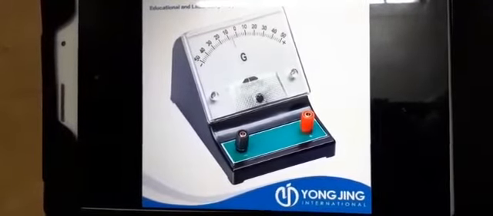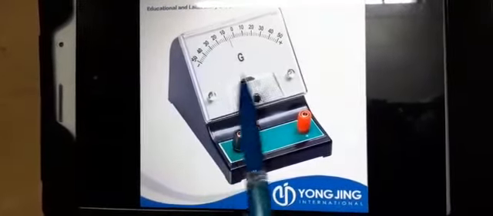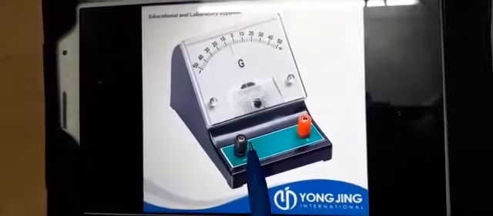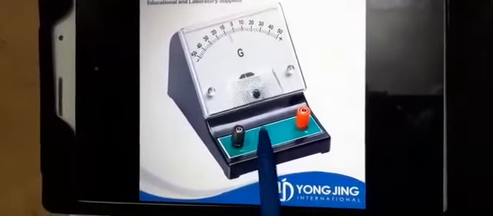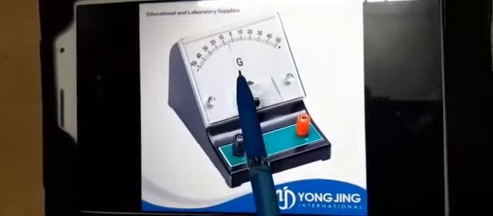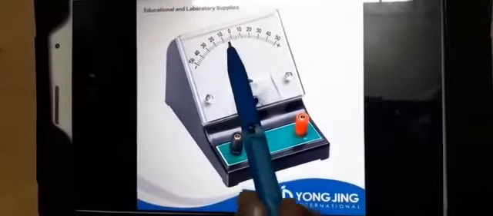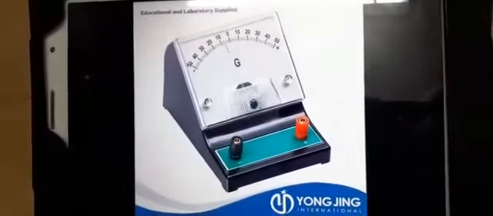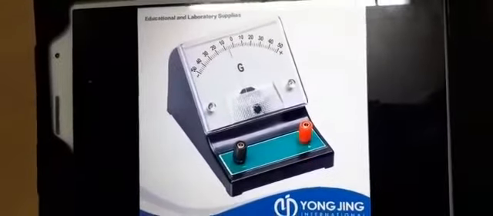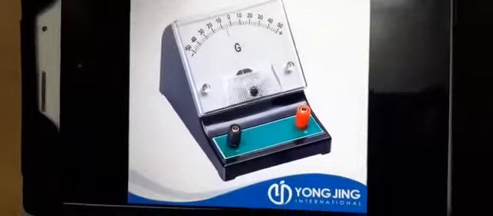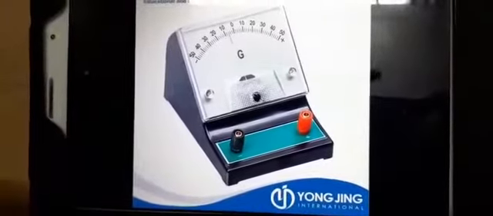So I have introduced this galvanometer because when it is connected in the circuit and no current is flowing through it, you can see this needle which is showing here will remain at 0. It will not deflect. Only then can we say the galvanometer will not show any deflection.